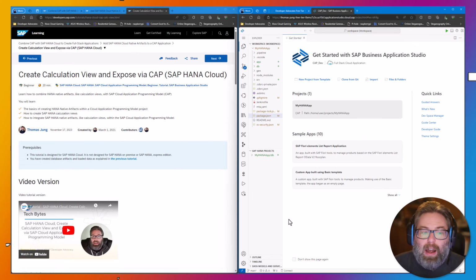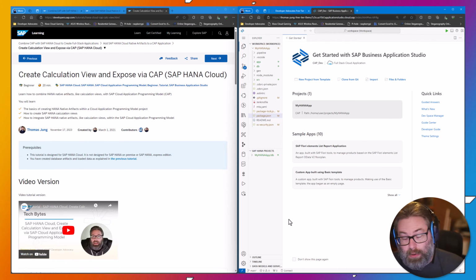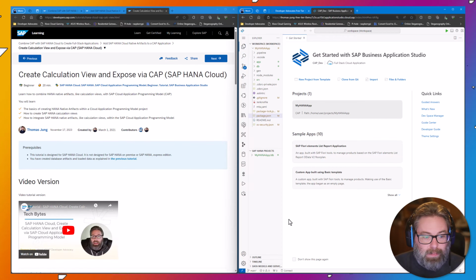We're going to learn how to create HANA calculation views in general, and we're going to learn how you then integrate those HANA native artifacts, like the calculation views, within the Cloud Application Programming Model and expose them as part of your OData service. Now, this tutorial has the major prerequisite that you've completed the previous steps in the tutorial